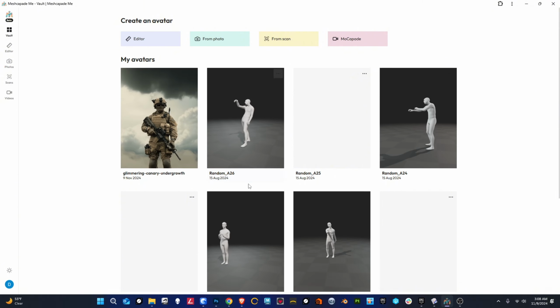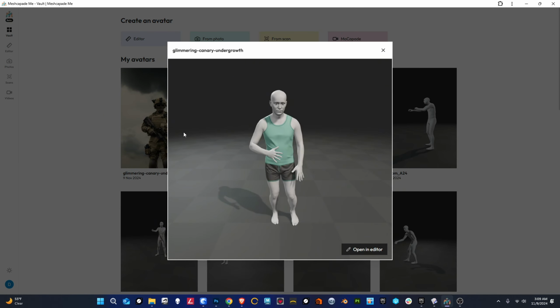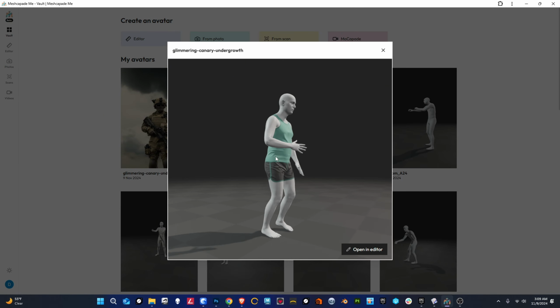So the options that you have here on the left is your vault. This is pretty much where everything lives, and it's a very simple menu and UI that they put together, which is your editor. You can work from a photo, from a scan. If you do have a scan, you can also bring that in. And then Meshcapade, which is their version of being able to utilize video to convert it to an animation sequence that you can use. So here you can see I've tried it with a photograph of a soldier standing with the weapon. It actually did not place the